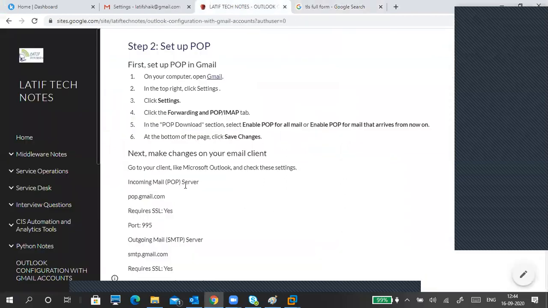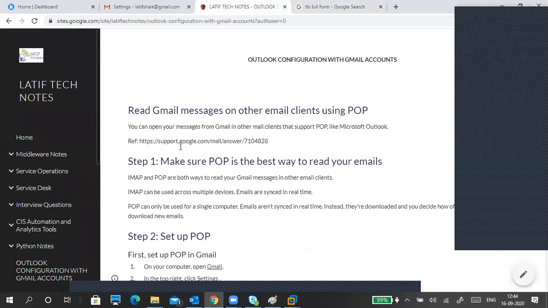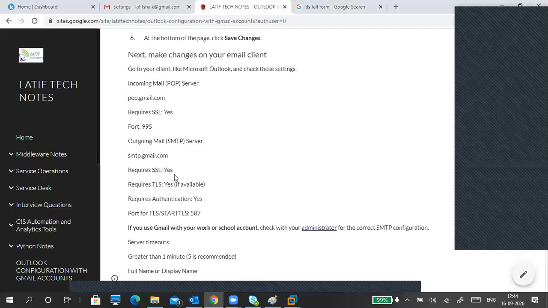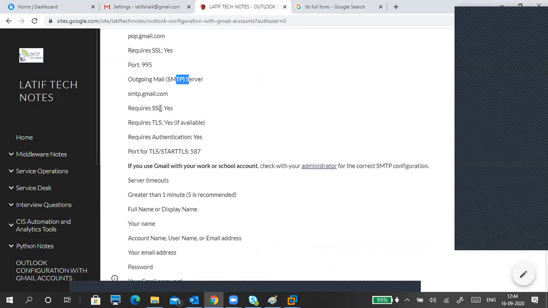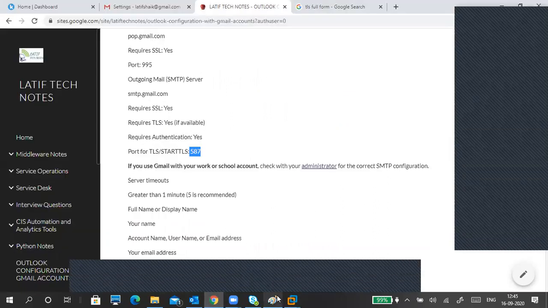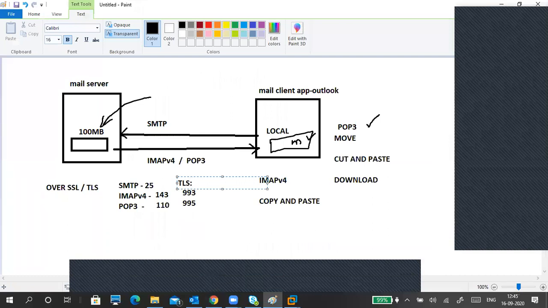Right? So if you are using POP, then your POP3 port number is 995. Okay, and SMTP, SSL and TLS, and the TLS port number is 587. Okay, TLS 587.